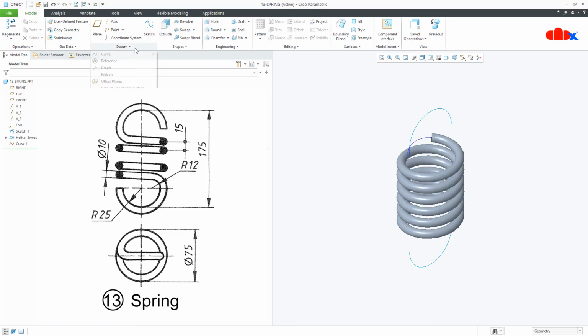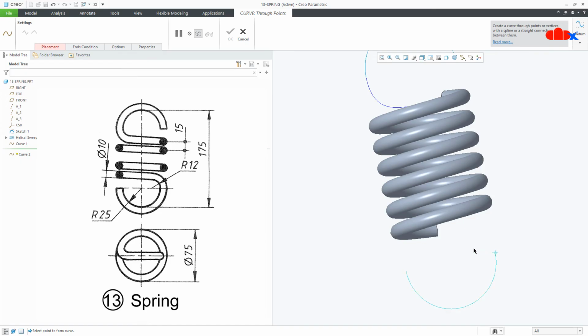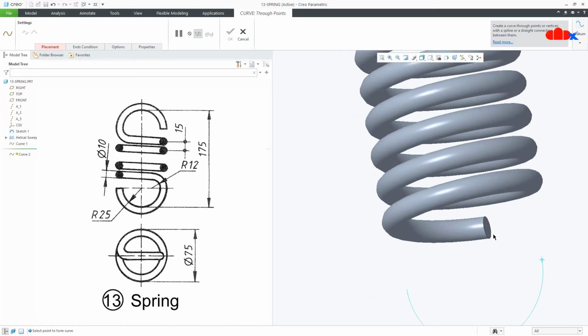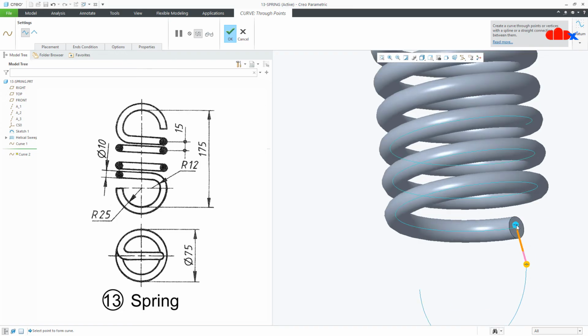Similarly, one more time datum curve. This time you select this point, hold the control key and select this curve. Right click, normal to this surface and right click, tangent to this curve.